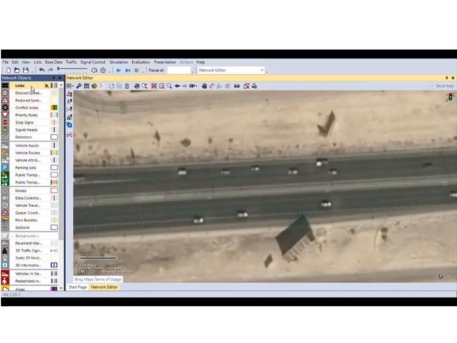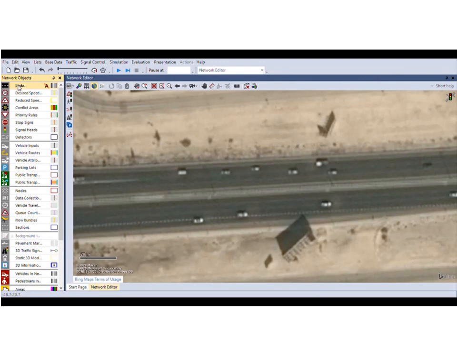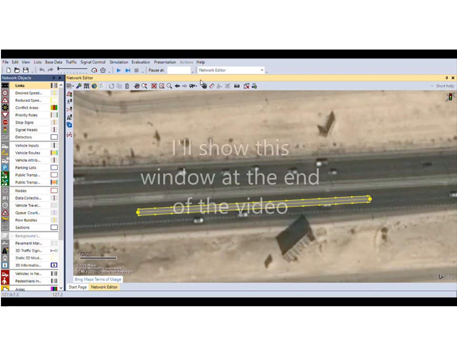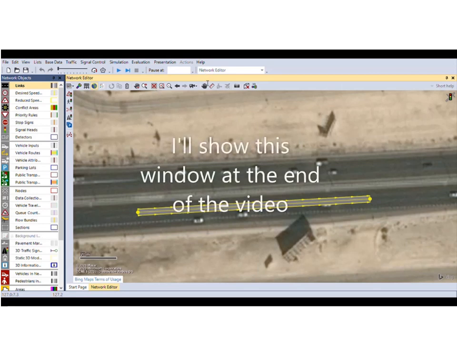We're going to pick links from the table of network objects. You're going to right click on the center lane of the road and drag it in the direction of movement. So you just do that, you let go, and automatically this window will pop up where now you define the name of the road. So we'll take this as road number 1. We'll enter the name as west, east,